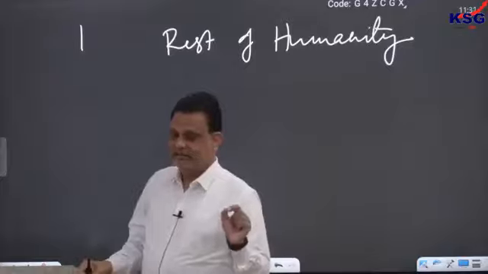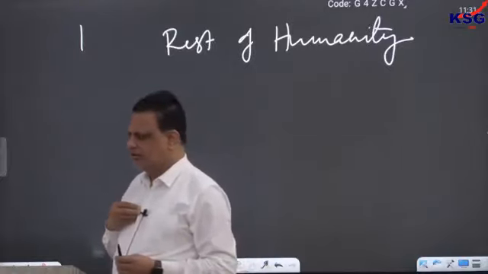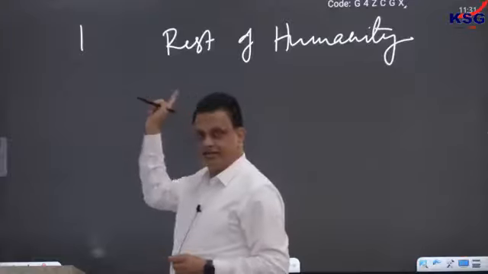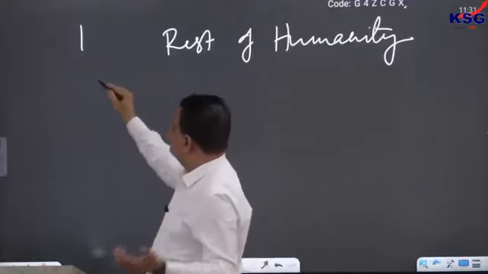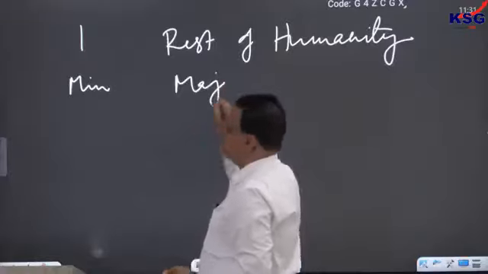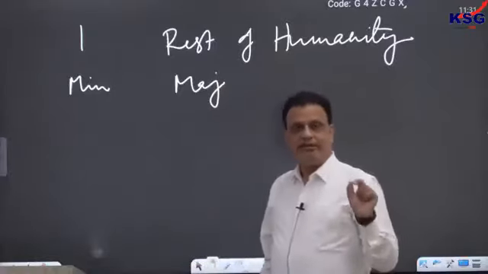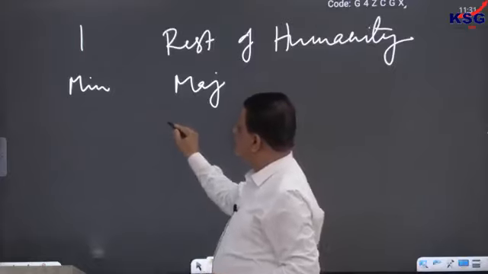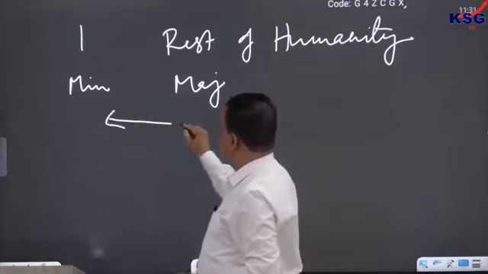Now that is an interesting thing. Forget about one person or rest of them. Let us simplify that language. Suppose, for example, this is the minority and suppose this is the majority. So very often it happens that the majority, you can say, violates the liberty of the minority because of their number.